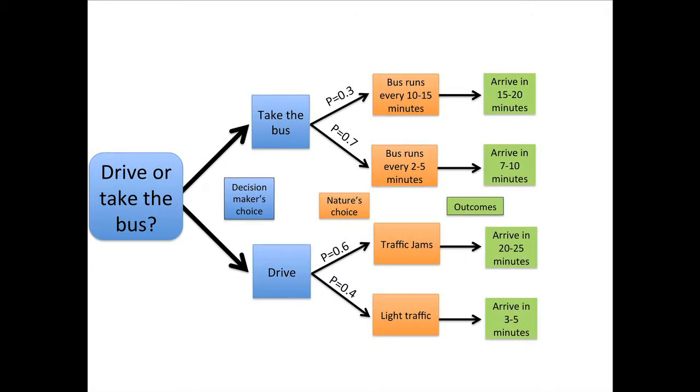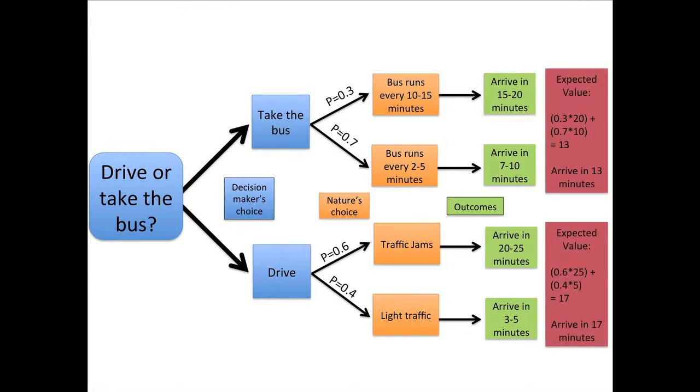The endpoints are where we write down what will happen in each of these 4 possible scenarios. From experience, I know that driving in light traffic takes only 3 to 5 minutes, but if there are traffic jams, it'll take 20 to 25 minutes. I also know that the bus ride takes only 5 minutes, so if the bus is running every 2 to 5 minutes, then I can arrive at work in 7 to 10 minutes. But if the bus runs only every 10 to 15 minutes, then it'll take between 15 and 20 minutes to arrive. So now we have a finished decision tree, and it allows us to visualize graphically all the possible ways